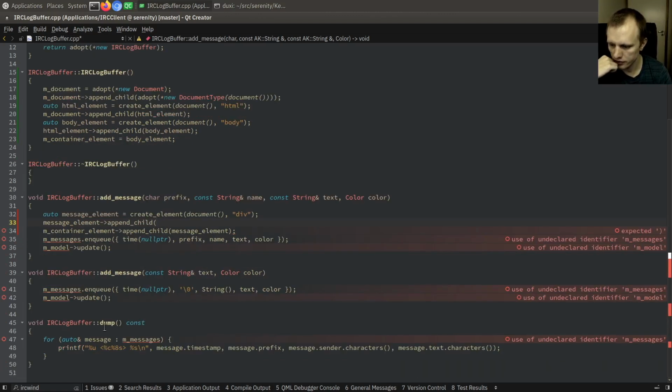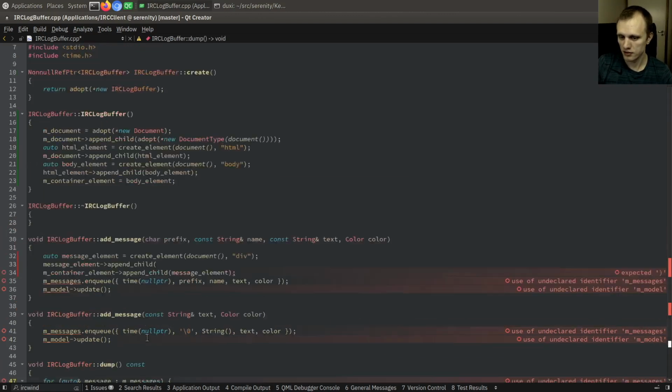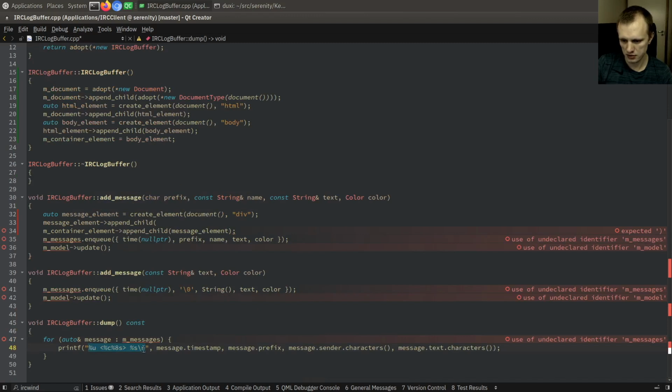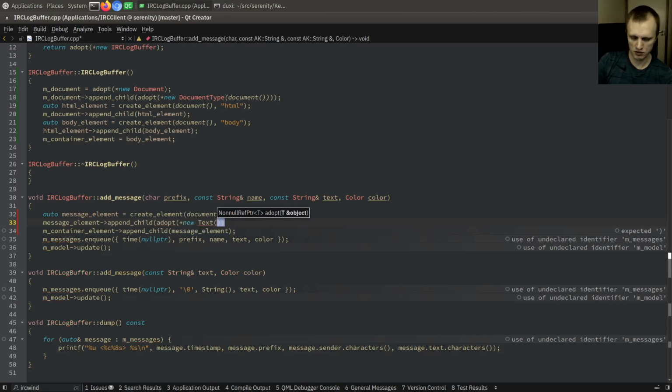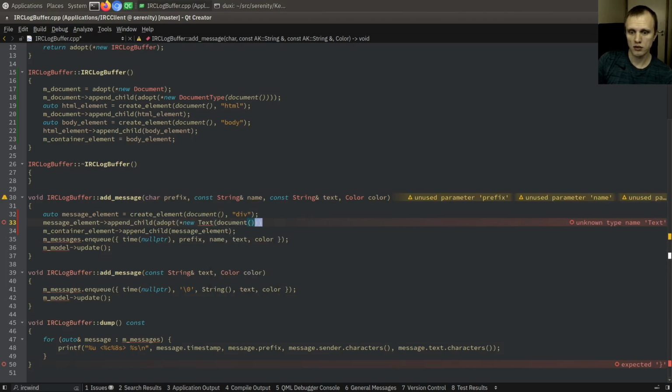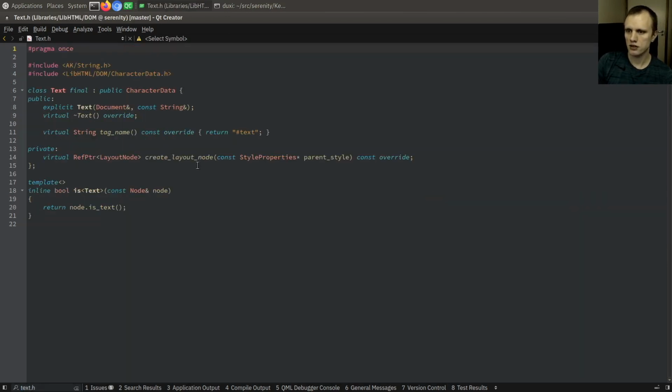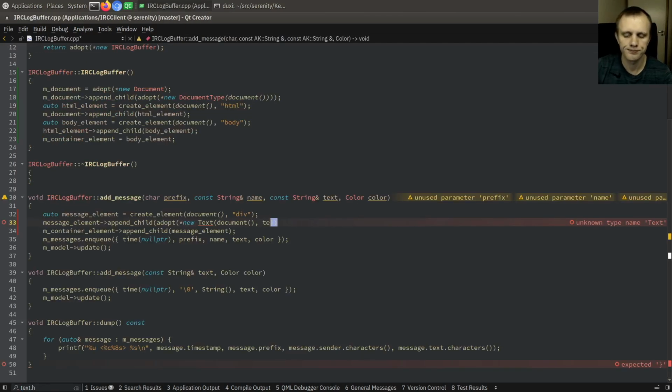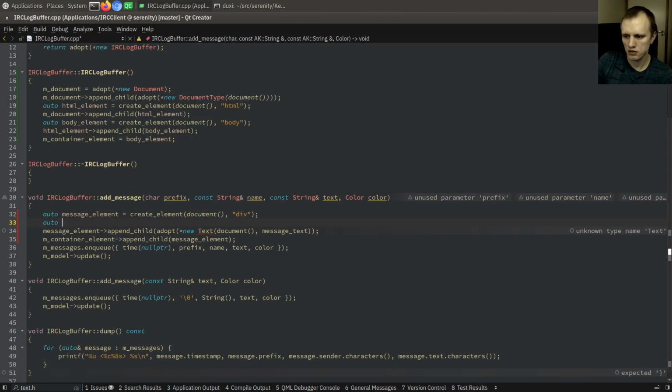What are we going to put in there? I guess, what do we normally show? Like the timestamp, timestamp and the name and the text of the message. So that'll be dot text, text nodes, document, and string, right? So message text is going to be